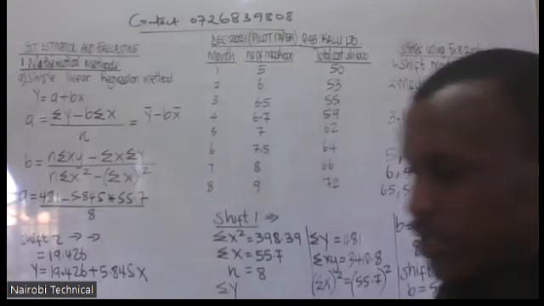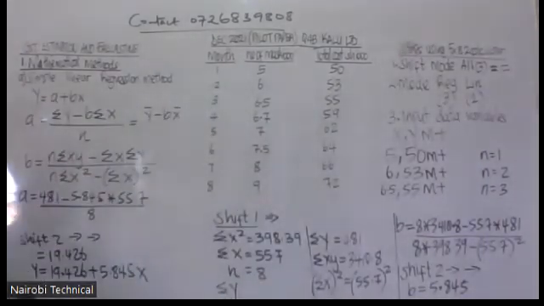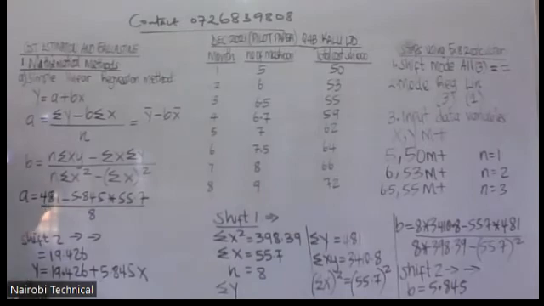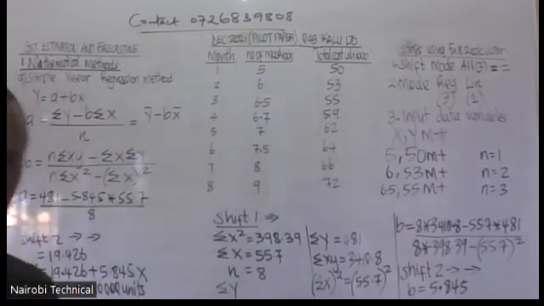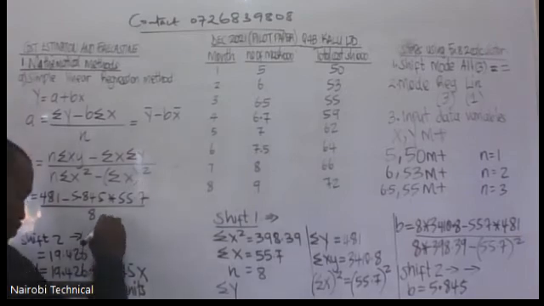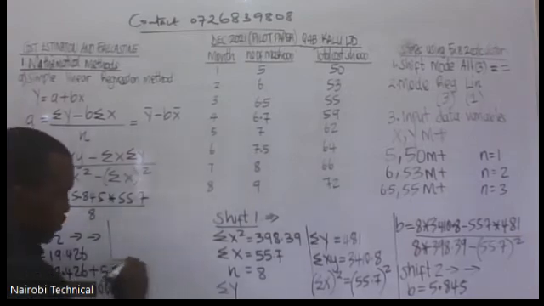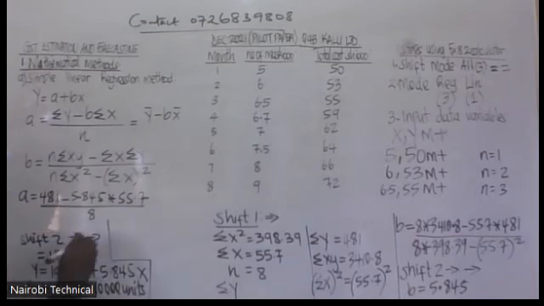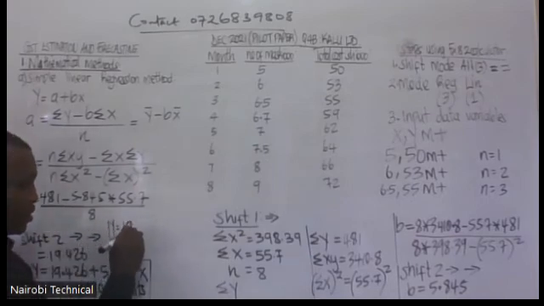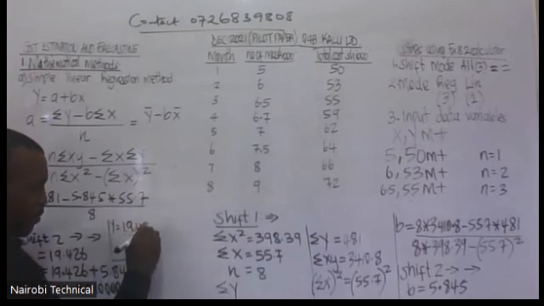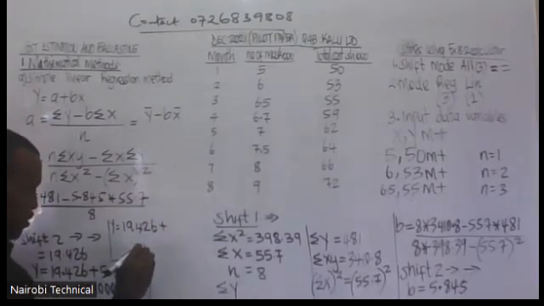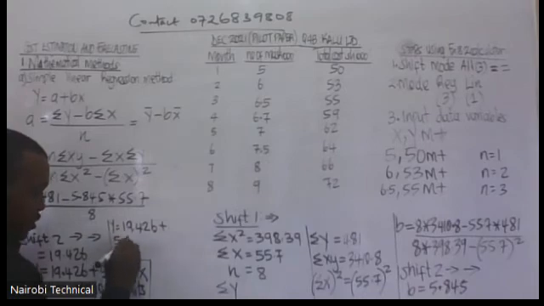But they were telling you to also estimate the cost of 10,000 units. So they're telling you to get Y when X is 10,000 units. So simply what you do, you substitute in the equation. You say Y will be 19.426 plus 5.845